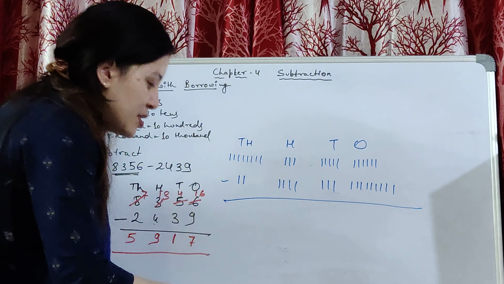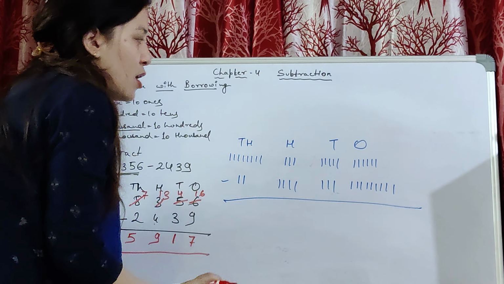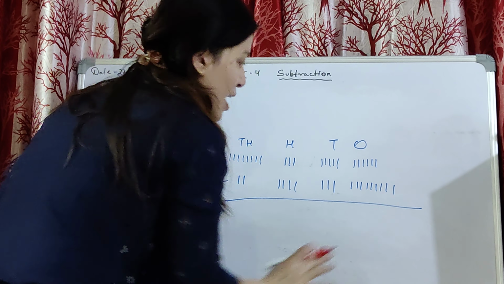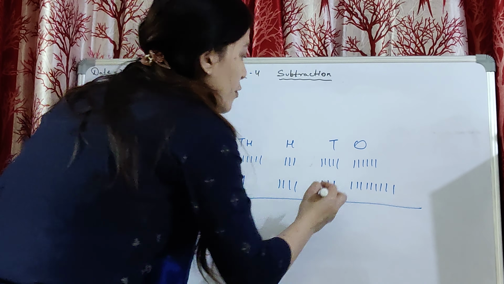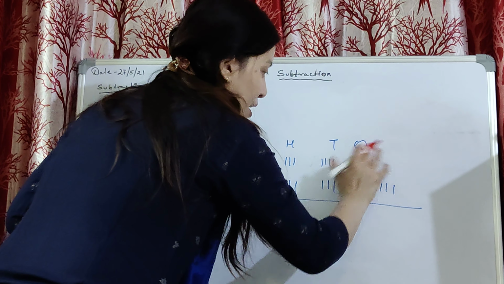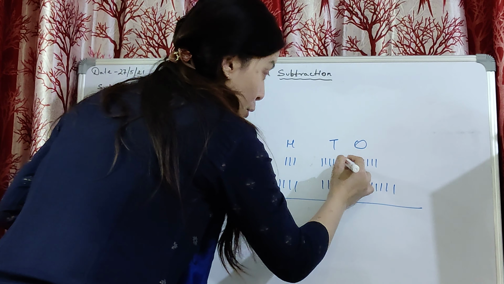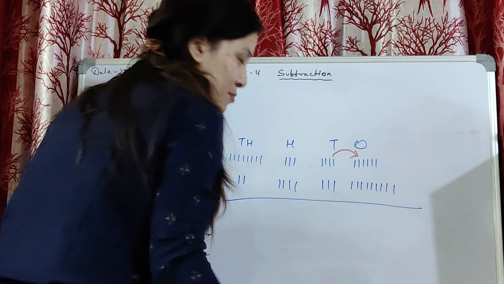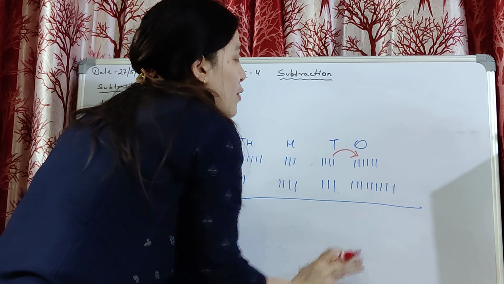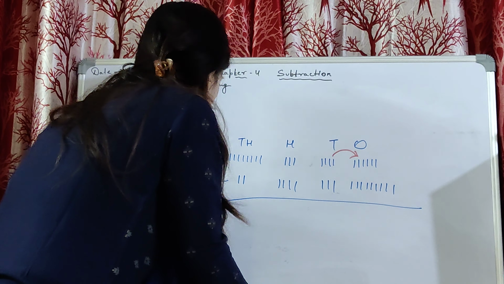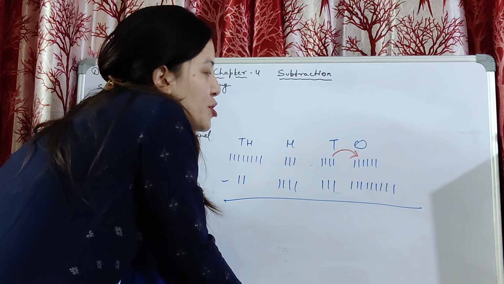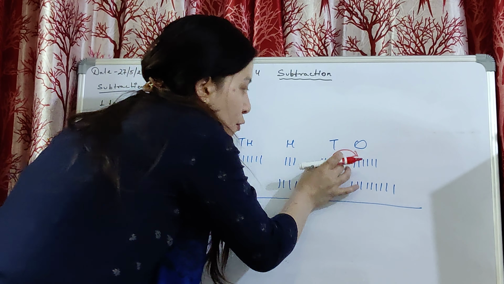Okay, same technique you can use for this one also. As you know that 6 cannot subtract 9. Okay, so you will borrow 1 from here. So 1 दे देगा यहाँ पे. Okay, this number is giving 1. Sorry, 5 has given 1 and 5 has now changed into 4. 5 कितना बन गया? 4.